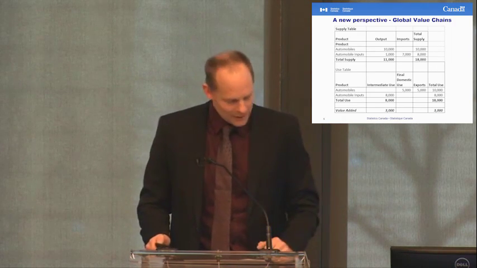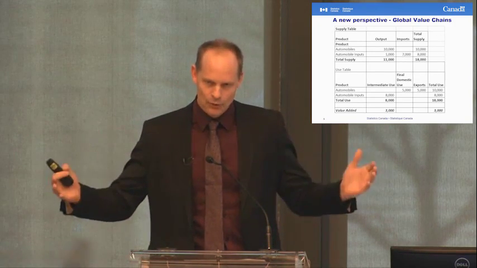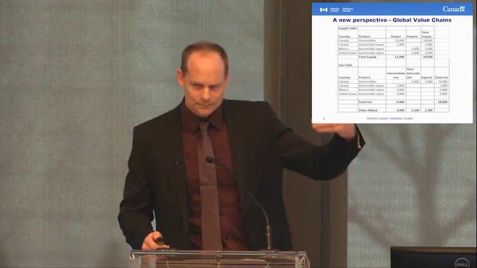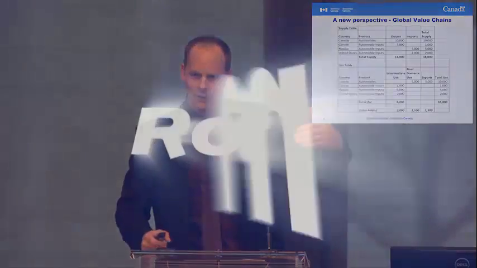What we've been developing at Statistics Canada and what we've been developing across the world, not just at Statistics Canada, but places like the OECD, are things that we call world supply and use tables, North American supply and use tables, APEC supply and use tables, where we start to add a geographic dimension to all of this information, where we start to look at output in Canada and Mexico and the U.S.,